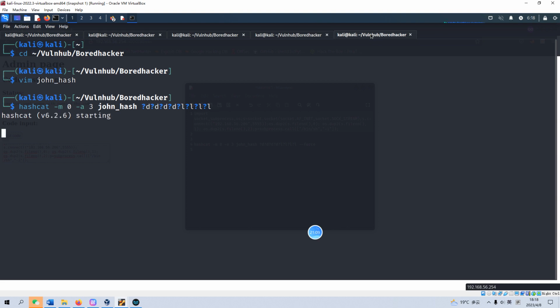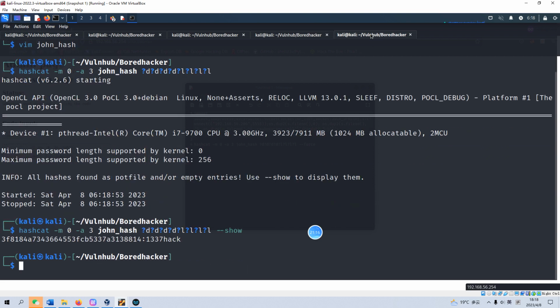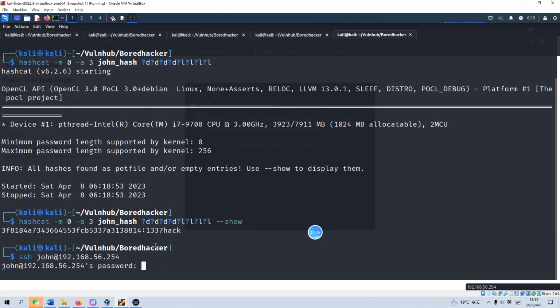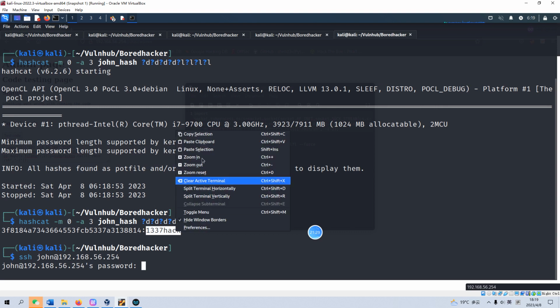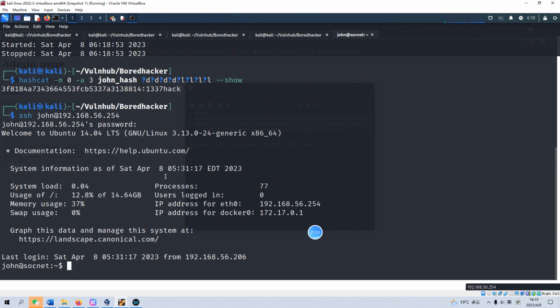Okay, because I have already done it before, we can use the show. Yeah, the password has been cracked, and we can show John, and we can copy this password in here. Okay, now